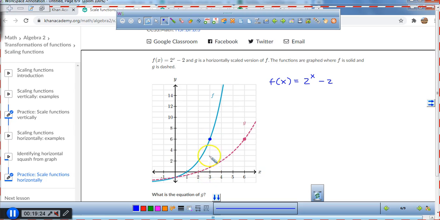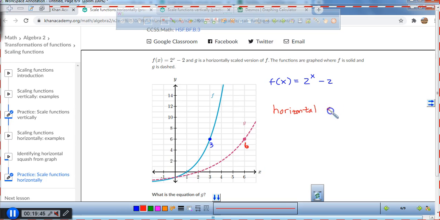All right, and we have, this is at a 3 on the x-axis, and then over here we are at a 6. Okay, so right now, what do we call going from a 3 to a 6? We call that a horizontal stretch. Okay, and when we have a horizontal stretch, we know our b value is going to be less than 1, but greater than 0. So we know our b value, that's going to be right next to the x, is going to be